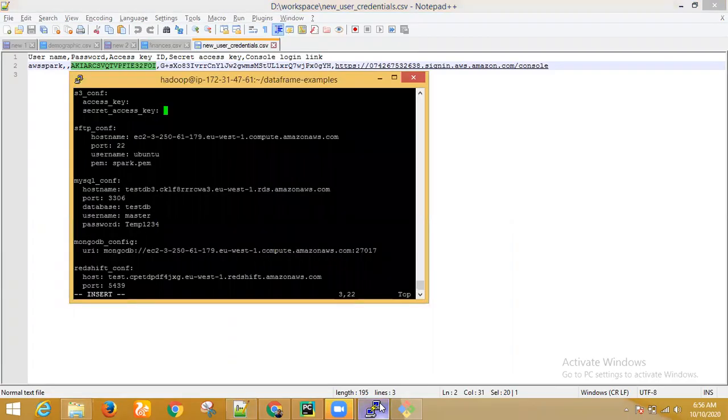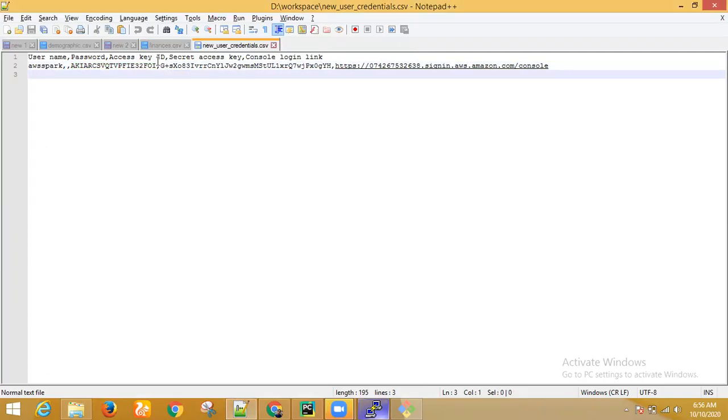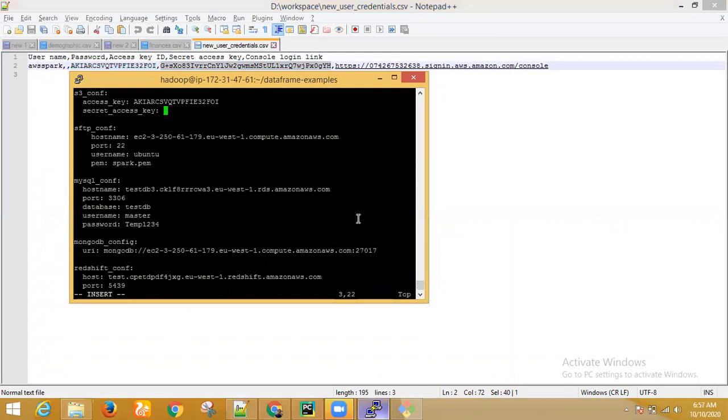So that's the thing. You just right click, it will paste it. Similarly for the secret access key, this one. Up to this part, you can see a browser URL started. You copy it and you come here and paste it.